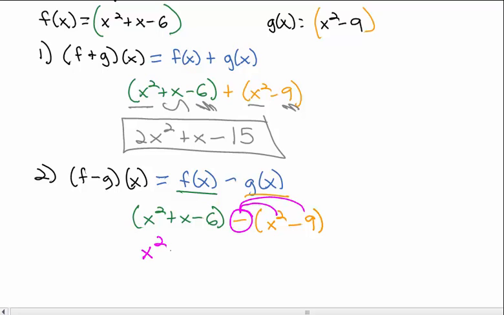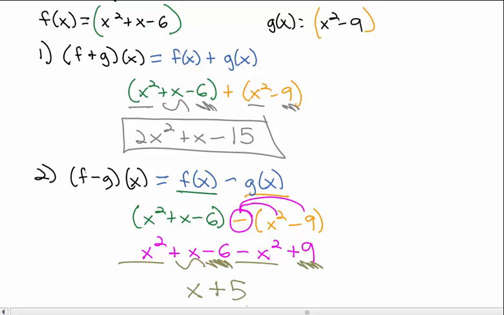When we do that, we have x squared plus x minus 6 minus x squared plus 9. Notice the sign change went all the way through the parentheses. So now when we combine like terms, x squared minus x squared is 0. We still have an x, and minus 6 plus 9 this time is